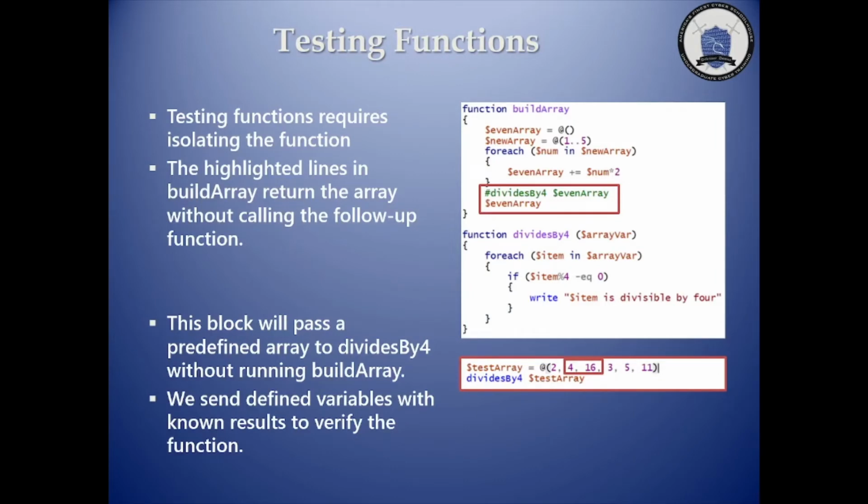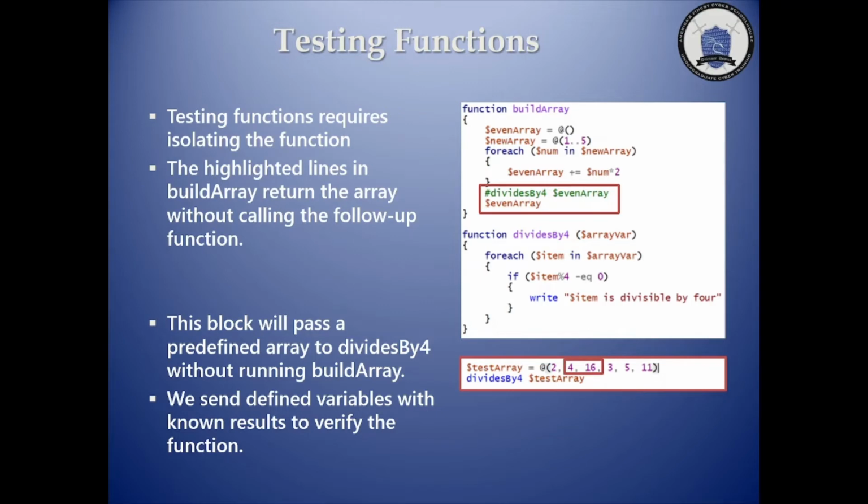An important thing about testing functions is knowing what you are expecting from these functions. So you can go and test parameters and make sure it runs as expected. A lot of times when you're trying to make functions run together as a whole, you need to make sure each one works individually. So you'll need to isolate these functions and make sure they work as an individual. So in this example here on the right,